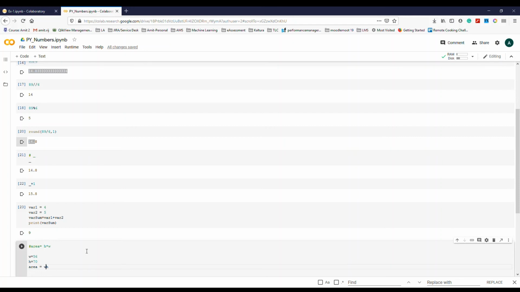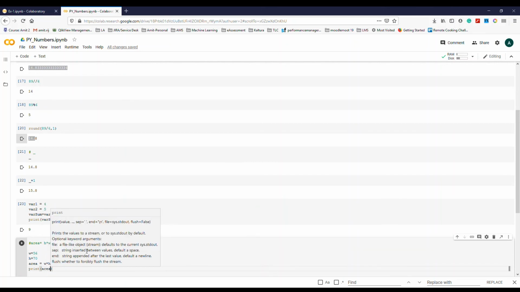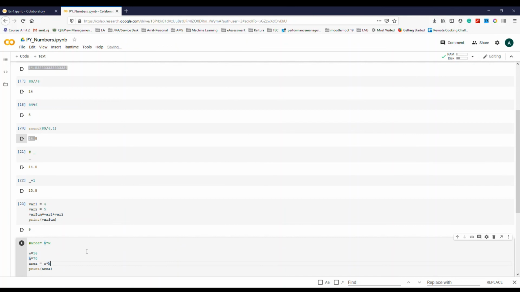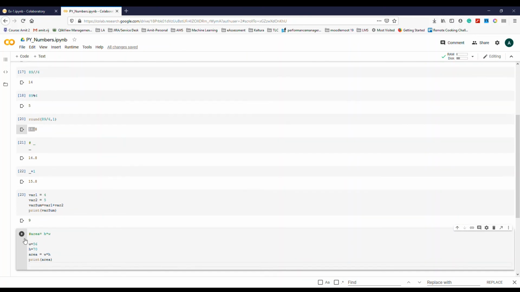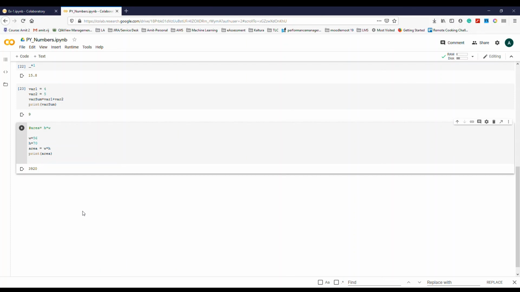It's the same thing, and we want to print it. So we'll print the area, because this calculation will be stored in the variable called area. So let's check if that works. Yes, that's right.